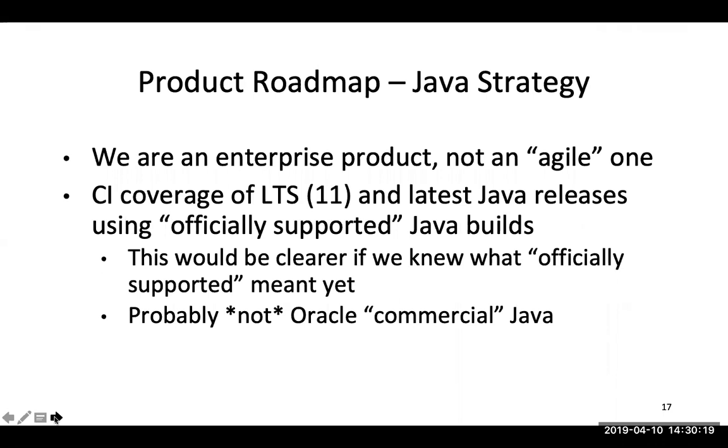So our situation with Java is quite simply, we consider ourselves to be an enterprise product, not an agile one. That's not a pejorative statement. That's just a concrete statement of how we view ourselves and where we think we belong on the Java roadmap and the Java development cycle. Regardless of whether I agree or disagree with the way that Java is moving, it is what it is. So we've had to be pretty proactive about understanding how that's going to impact us, and we've been spending a fair amount of resources on that question.